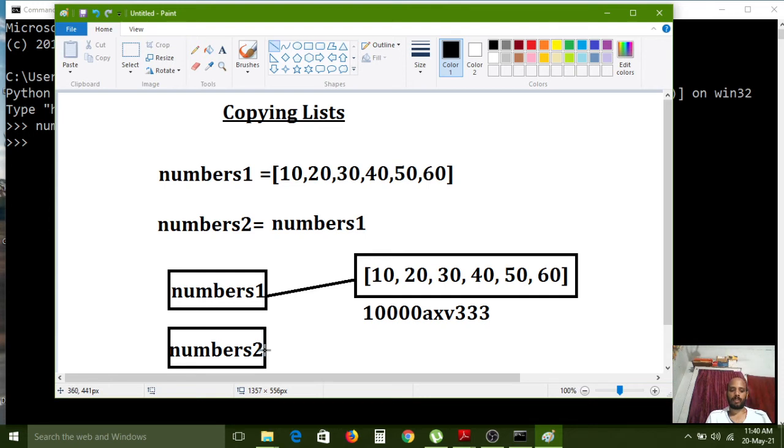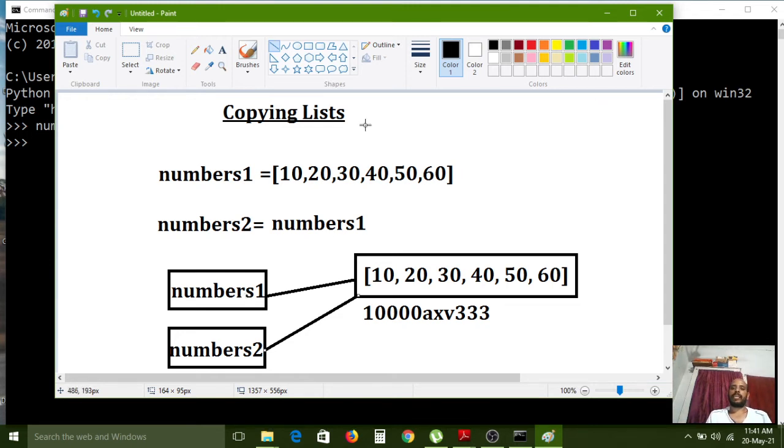It is also pointing to this list. That means both lists contain the same memory address and the same values. For example, if you change any value in the numbers2 list, it will reflect in numbers1 also, with that updated value. Understand?